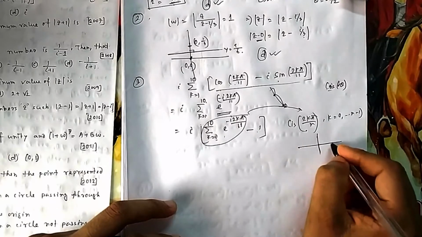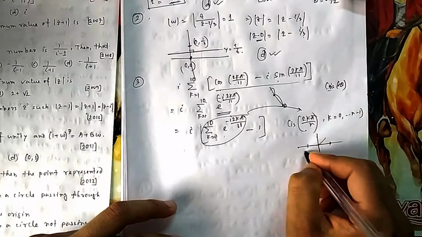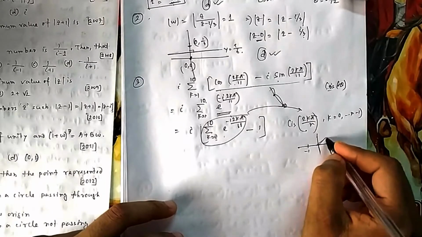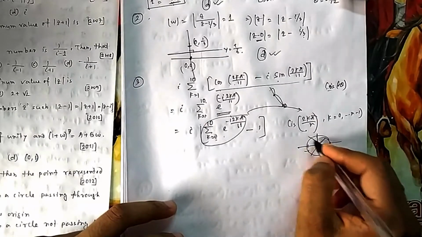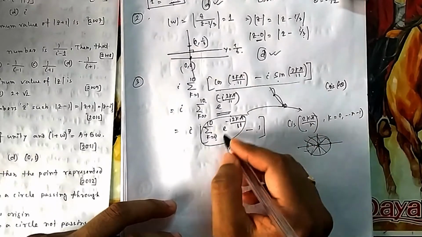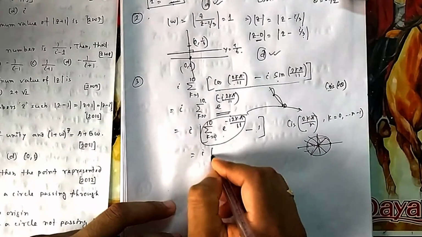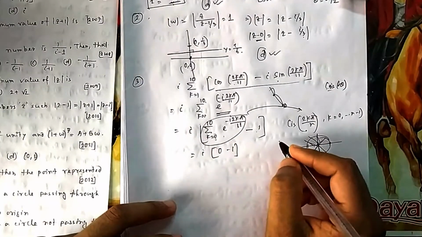But they will be placed symmetrically. Earlier if this is 1, now this will come to minus 1. If this was the line, this one. But they will be placed symmetrically in a unit circle. What is the sum of all these? The sum of all the nth roots of unity was 0. You can recall 1 plus alpha square.